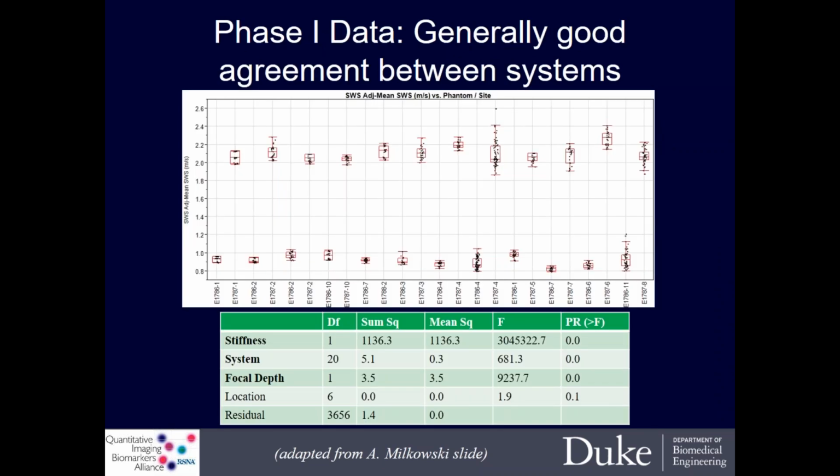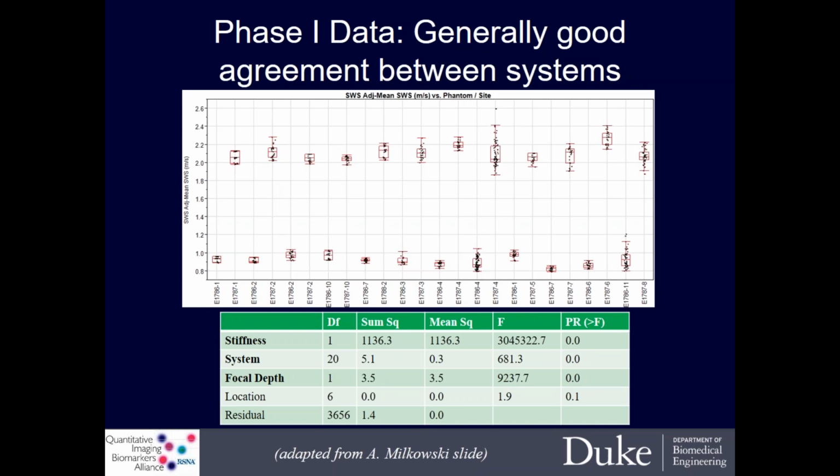What this next plot that I'm showing is demonstrating is how the different systems compared in measuring these pairs of phantoms. As part of the QIBA effort, when we're doing these sort of comparative studies, we purposely withhold all of the manufacturer and system information since we don't want to necessarily highlight one system's performance over the other. So what you're seeing on the x-axis with all of those different labels are effectively different systems at different sites. And then you're seeing each of the data in pairs with both what should be the 1 and the 2 meter per second phantom.